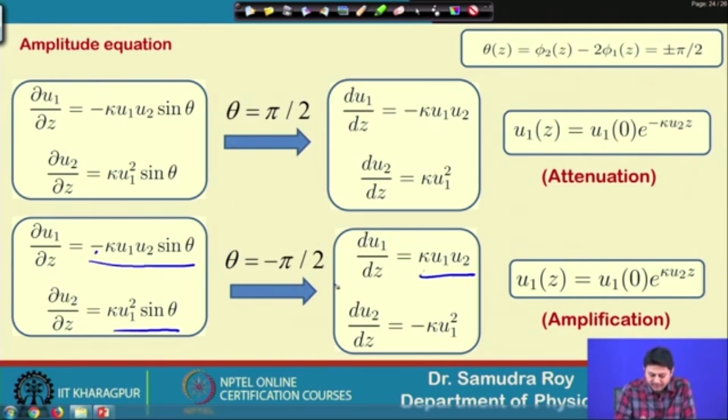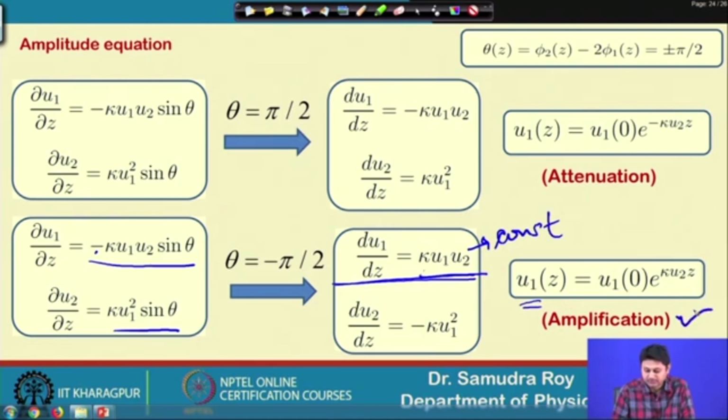Now, if I only concentrate on this equation, we can see that if we say u 2 is a constant, then I can solve this differential equation, and you can readily see that u 1 is going to be amplified, because we have an exponential term with a positive argument, and that means it will exponentially increase if u 2 is constant. That was our assumption from the beginning,